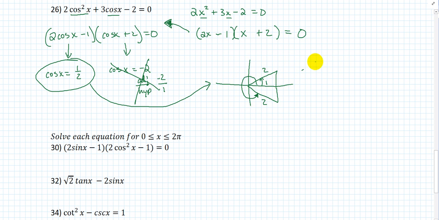Now the nice thing is that they're still dealing with our special triangles. And we have a 1, 2, root 3. By now, hopefully, you recognize that across from the 1 is the 30. Across from the root 3 is the 60. So what I have is I have 60 degrees here, and then I also have 60 degrees here. But this will be 60 degrees, and this will be 300 degrees, because I got to go all the way around. And remember, they want us between 0 and 360, so I can't write it negative. But I could write x equals 60 degrees or 300 degrees